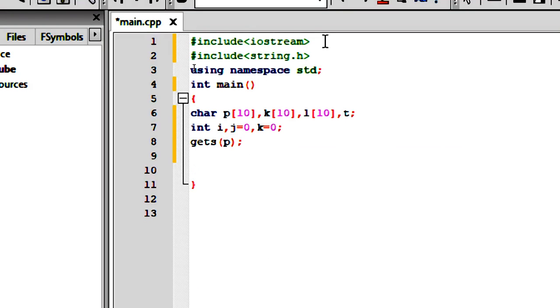After it, we have to run a loop for i equal to 0, p of i not equal to null, and i plus plus.